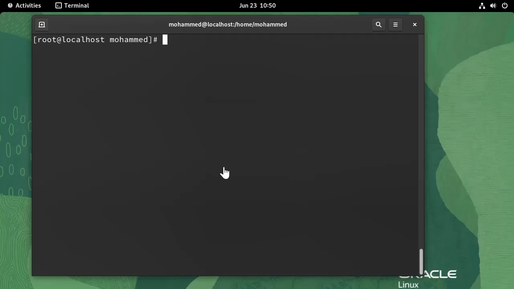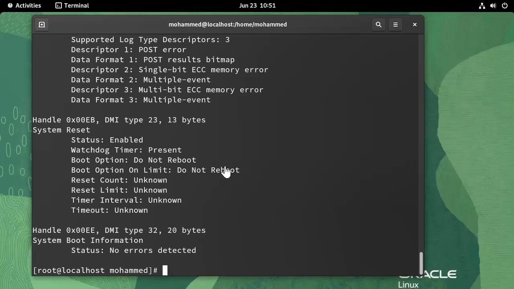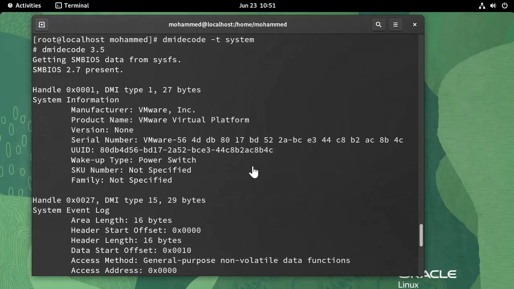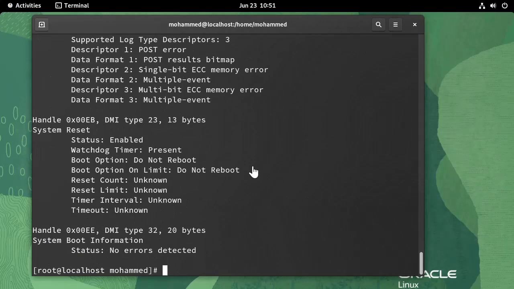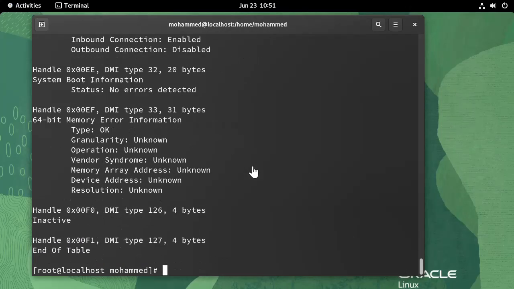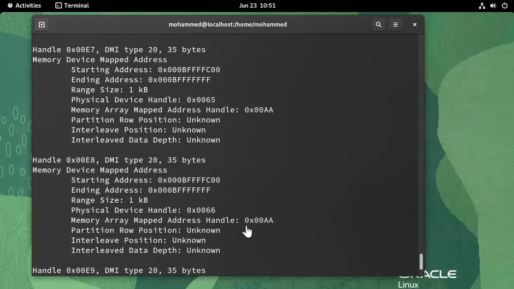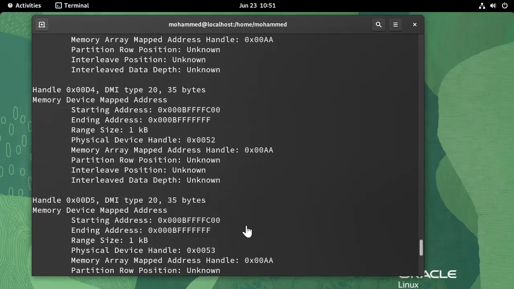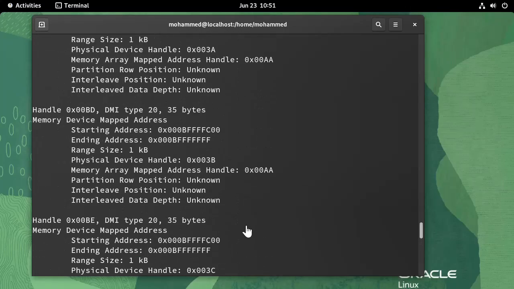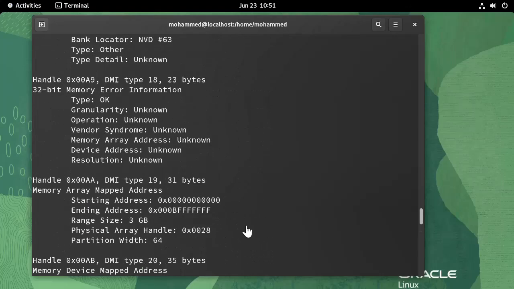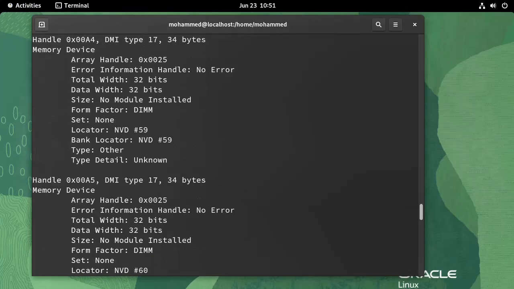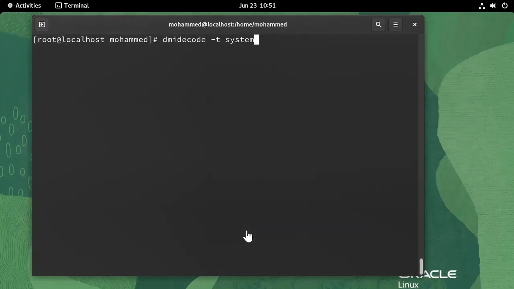So let's do, I don't need sudo here because I'm root. So I'm going to do dmidecode -t space system. So you see the list of information it gives me. This is not very lengthy, but if I try dmidecode just by itself, it should give me much more information. As you can see, I'm scrolling and still can't find the beginning of the output. So you get the idea. It depends on whether you want to see everything or you want to see just limited information. So if I go back to the command with the option -t system,